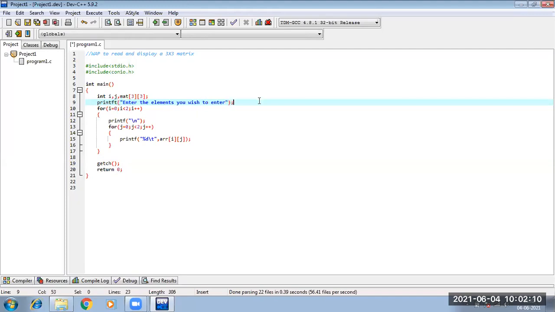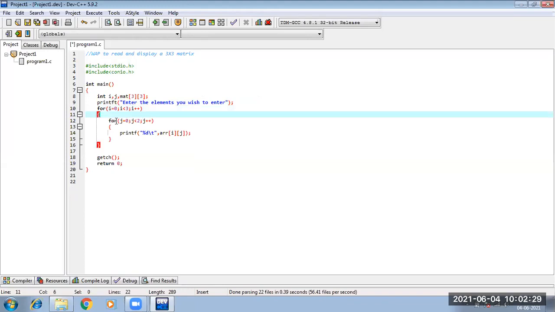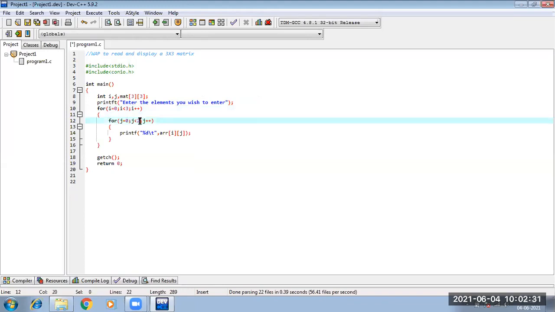Fine. So after this printf statement, the loop will run from 0 to less than 3, since it's a 3 by 3 matrix. And inside the loop, there will be another loop j, which will also run to less than 3, because both row and columns are equal in a 3 into 3 matrix.